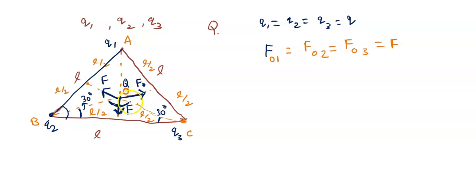This angle will be 120 degrees. Correct? Yes, sir. Okay. So the angle between this force F and this force F, that is not the angle we need, so we have to calculate that actually. Anyway, we have forces like this, and then there is another force, this F. What will this angle be?